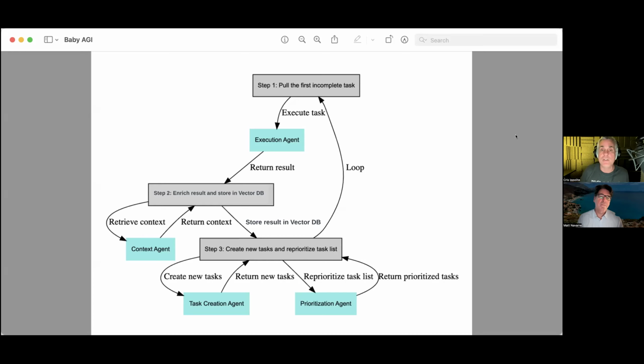Now, what actually started to emerge at that point was the concept of agents, like actual agents. And there's a little bit of confusion with agents out there. I think Copilot just announced agents. That's not what I'm talking about. Those are just GPTs that they put a super confusing name on.